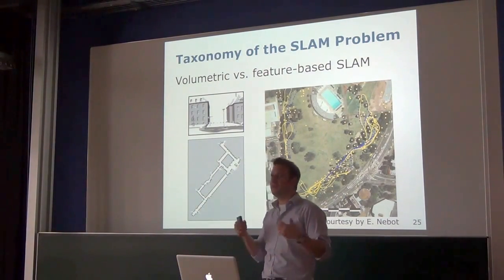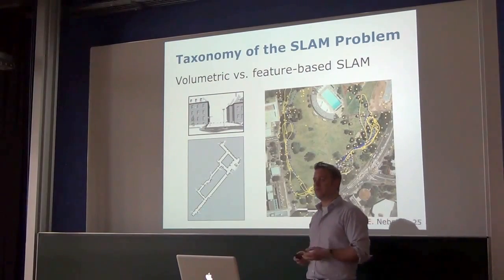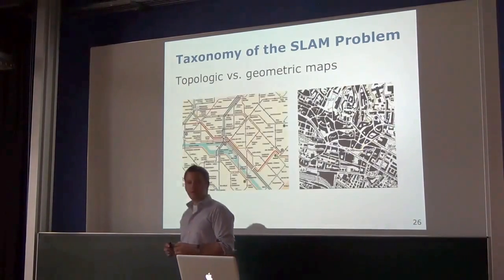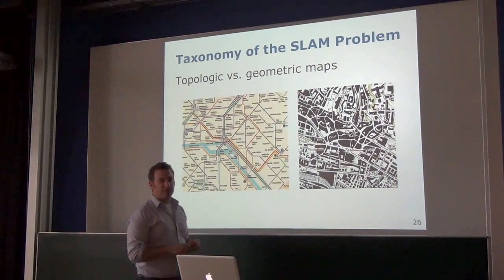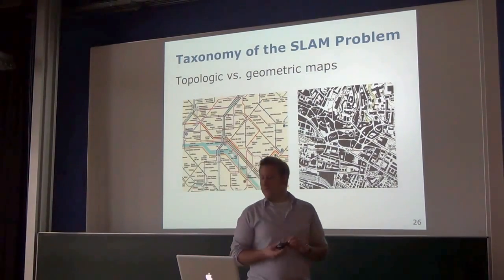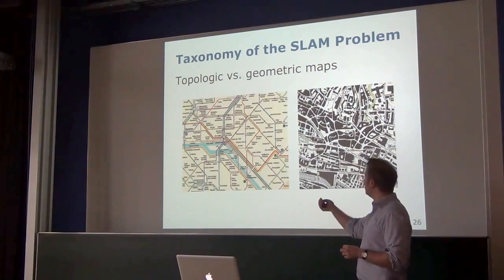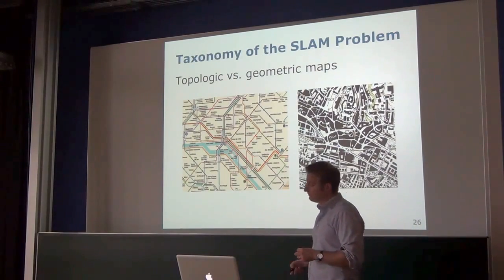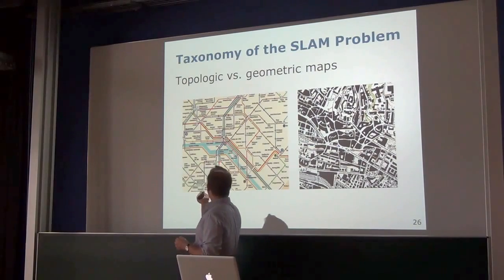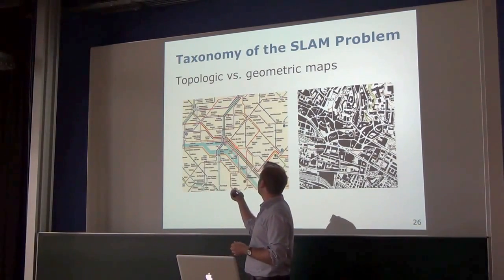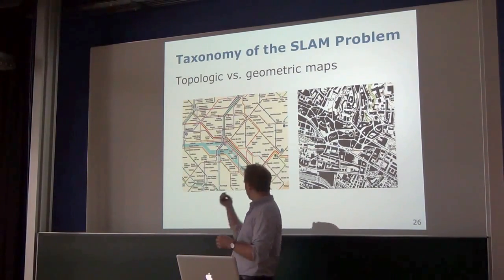So it simply depends on what knowledge you have about the environment, what other constraints you have. Something else you often find are topologic representations against geometric representations. In topologic representations, you can often find maps in subways, where you say, I have these different stations here, these are in Paris,